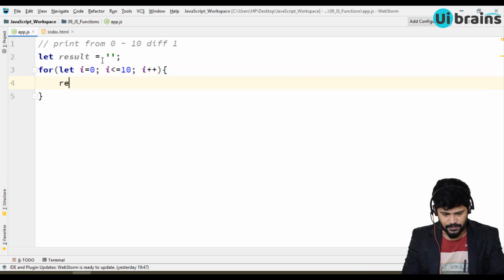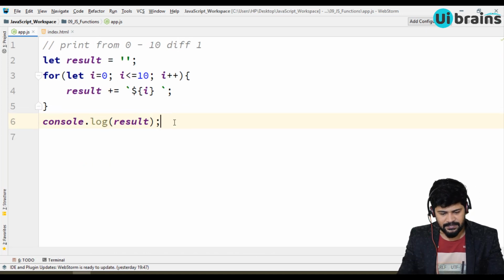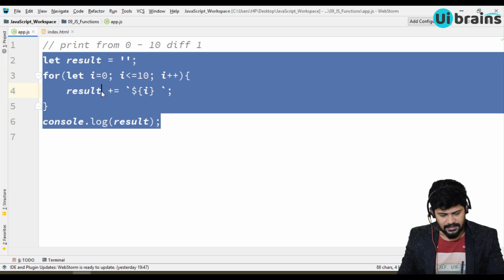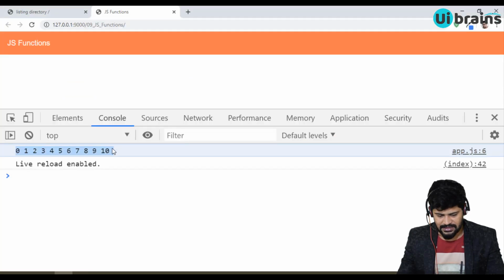Inside, you attach to the result using a backtick, dollar of i, some space, and finally you write console.log of result. This is a very simple logic which displays 0 to 10. So let's see the output. You got 0 to 10.